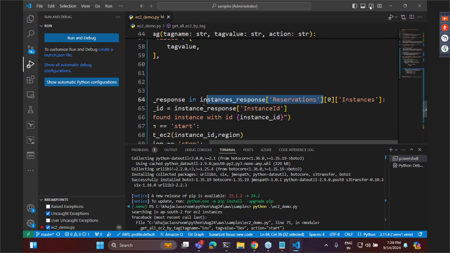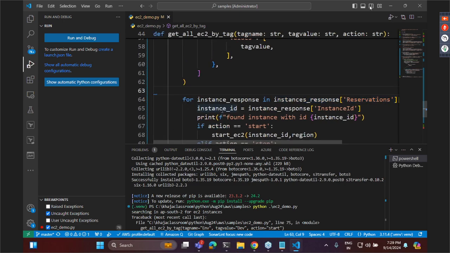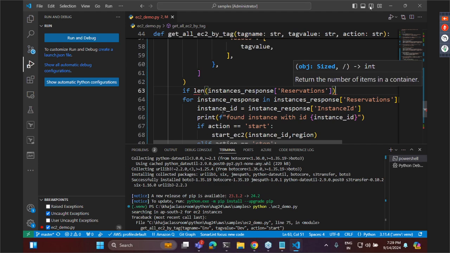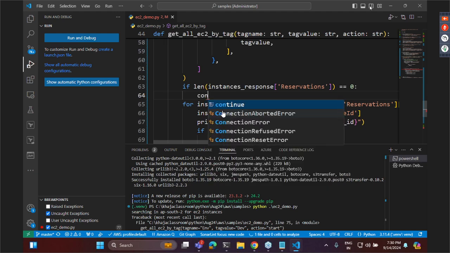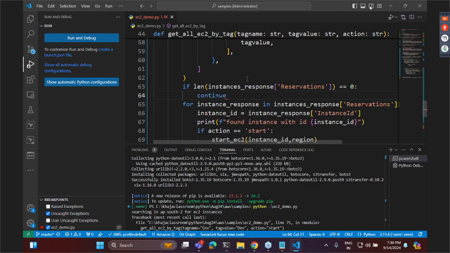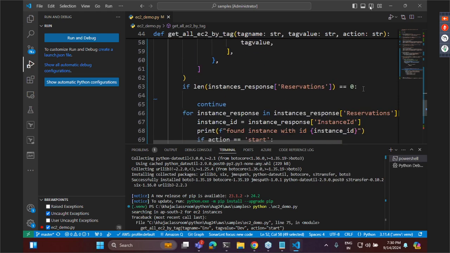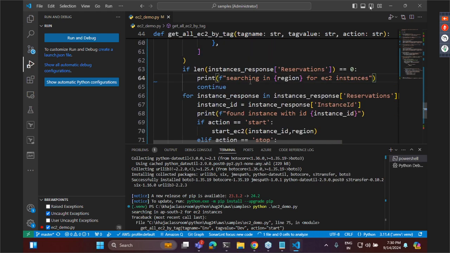Okay. If length of it is equals to 0, then forget about this region. Let me write searching for EC2 instances, and now let me tell that no instances found in